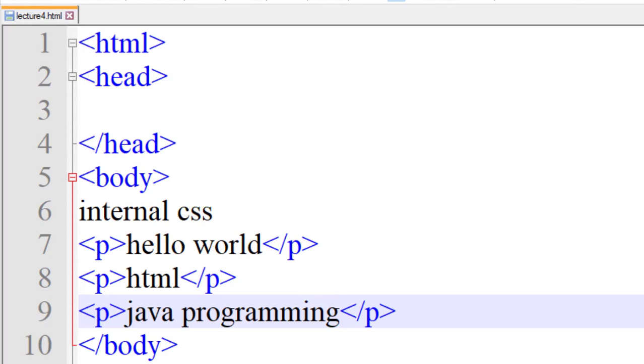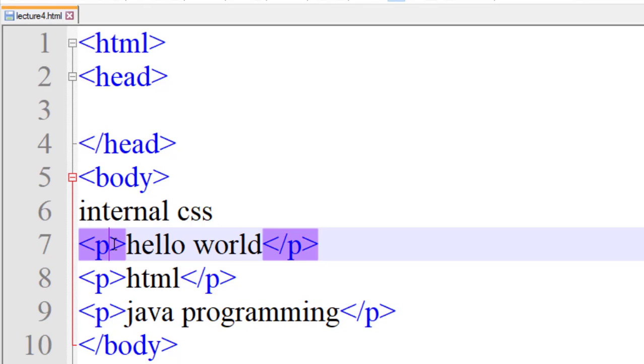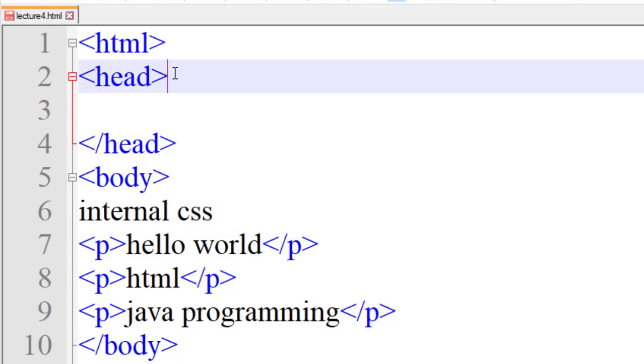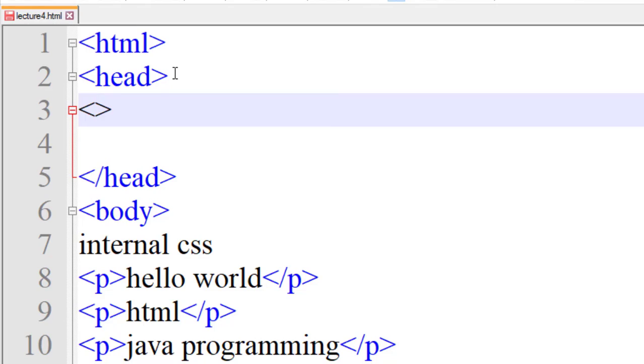Okay. Now I want to set the background color of the paragraph tags, and I have to set the body color as light pink. Okay, we can set the background color here also, right? As you saw in my previous video, you can get the idea how we can set the background color, font color, background styles and all. Okay, but in the internal CSS, we take the style tag in the head section.